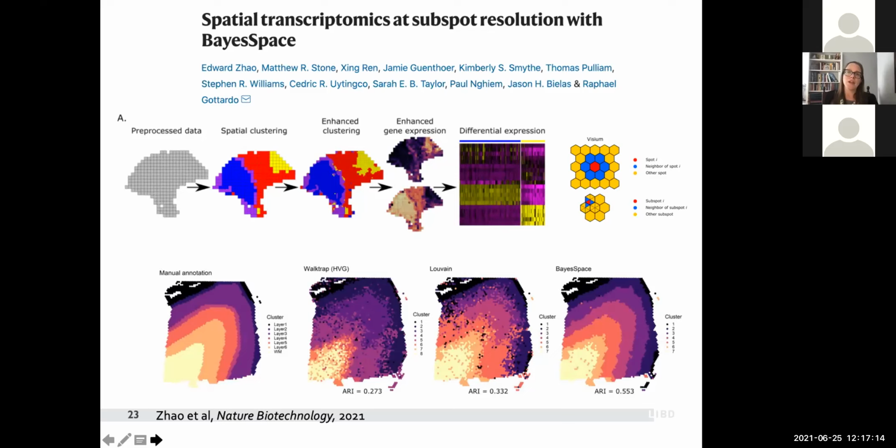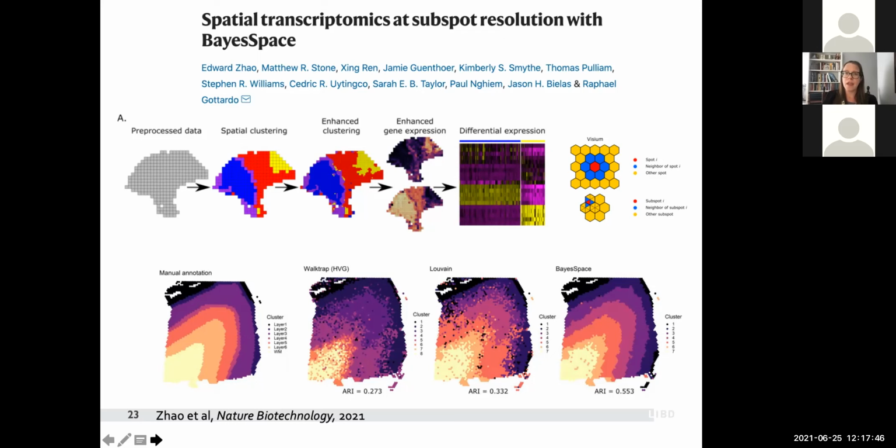So the first method is BayesSpace, which is a fully Bayesian spatial clustering method that models a low-dimensional representation of the gene expression matrix and encourages neighboring spots to belong to the same cluster via a spatial prior. Here you can see BayesSpace was able to outperform other clustering methods to nicely resolve cortical layers in our DLPFC data. Again, this method focuses entirely on gene expression and does not leverage information from the